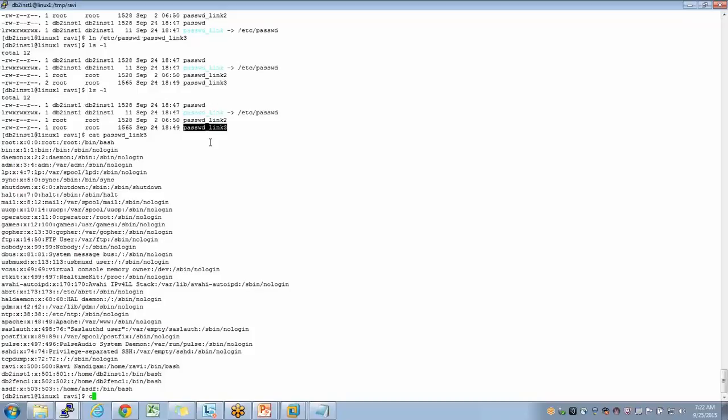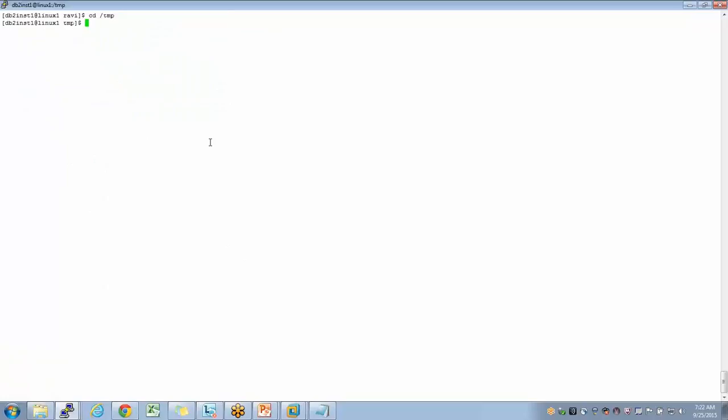Okay, let me do another example. I do cd temp, vi ravi1, vi add2.sh. Let's say I wrote a simple shell script like this: argument 1 equal to 10, argument 2 equal to 20.